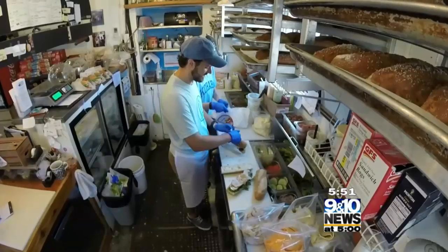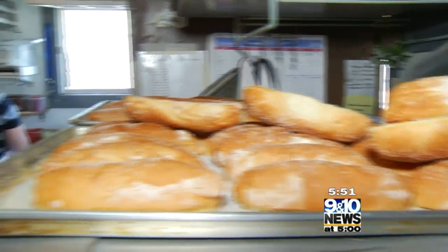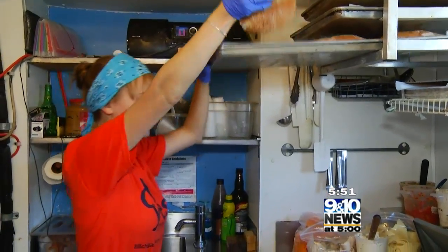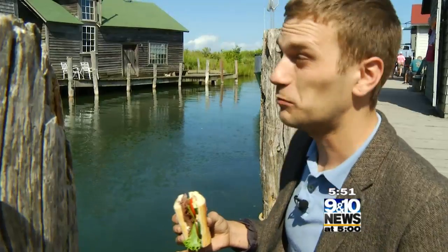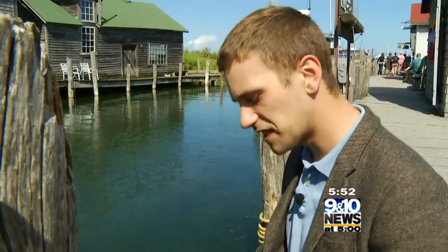Our boss Dave comes in very early in the morning, knocks out all the pretzel bread. All of our racks that we have in this tiny shanty are filled to the top with bread. You can see why this place is so popular, and people return here year after year just because, I mean, the ambiance is one thing, but then you have...